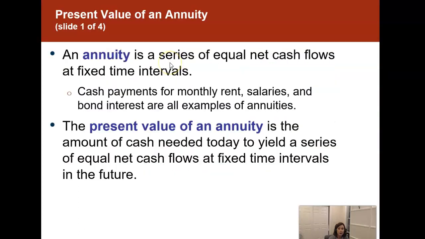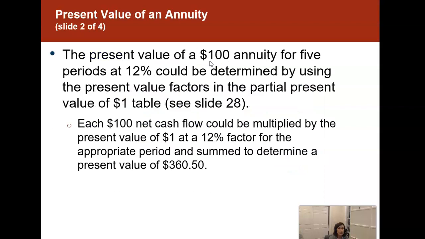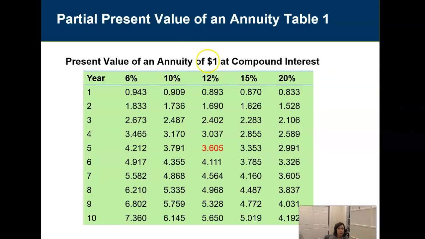And I'm just going to scroll back to the first table where this was just present value of $1. So make sure, and there's going to be another table we're going to look at again, make sure that you're grabbing the correct table when you're doing these calculations. So for the payment stream of the annuity, all we do is we go to our percentage, we go to the number of our payments, and there we are,